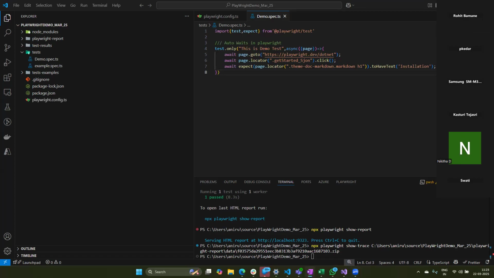So if you show a screenshot of detailed test case results, they'll be more impressed. And everything is inbuilt within Playwright, not like Selenium, where we integrate third-party tools with Selenium, right?